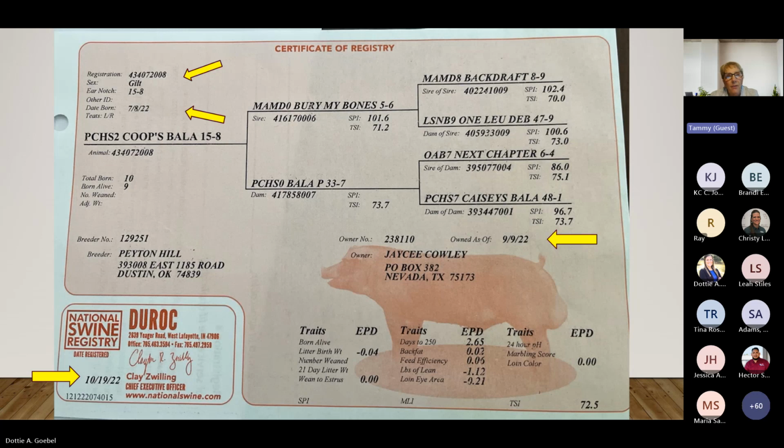When you upload a set of registration papers, you're going to be required to put in 2 email addresses, and those can be the 2 addresses of your choice. When you submit a set of registration papers, there's going to be 2 emails that are automatically sent back to say that those papers have been successfully uploaded, but it does not mean they are approved, nor does it mean they are entered into a stock show. So once the deadline gets here for the submissions, I will go back through and start checking all the registration papers, just like the other species do.